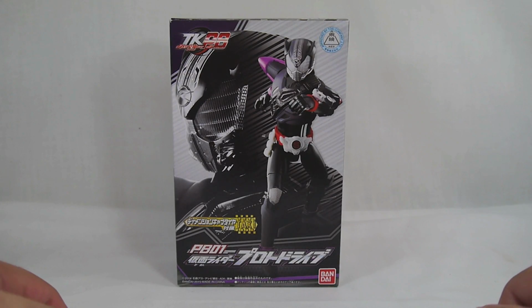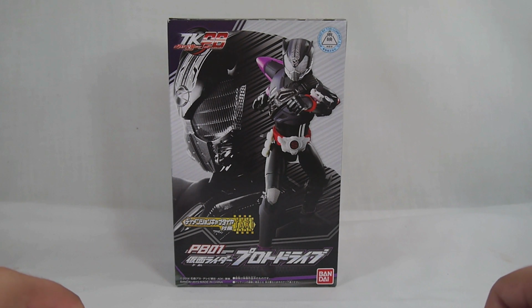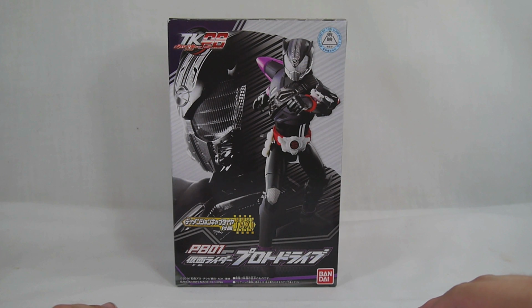YouTube sequence should I be here with a review of the Kamen Rider Drive TKPB01 Kamen Rider Proto-Drive. So this is the first hero scene in the show, sort of, if you want to get technical. But anyway, this is the prototype design for Drive, and for those of you that watched the show, spoiler alert! It's actually Machine Chaser, which eventually becomes Kamen Rider Chaser, so he's got quite a few forms under his belt